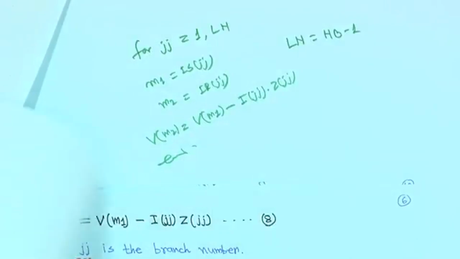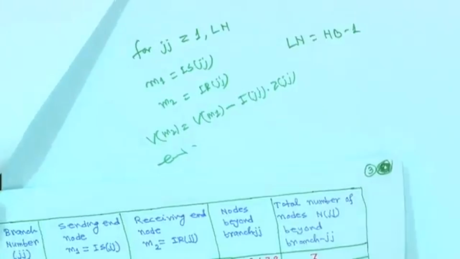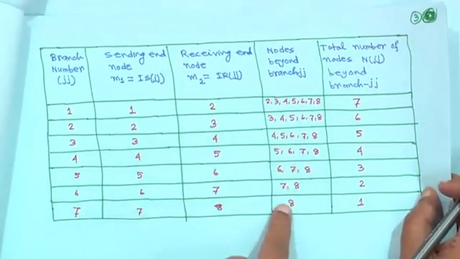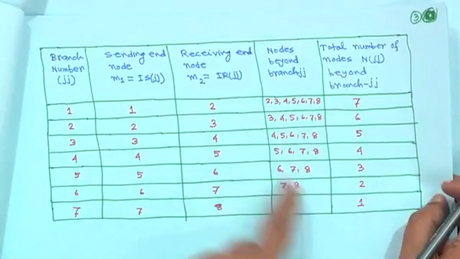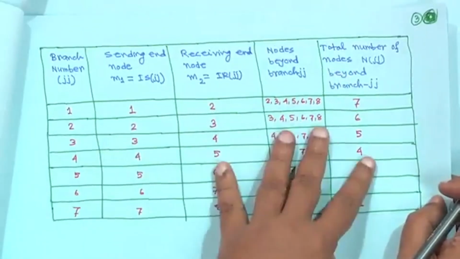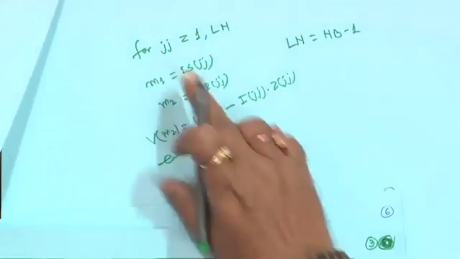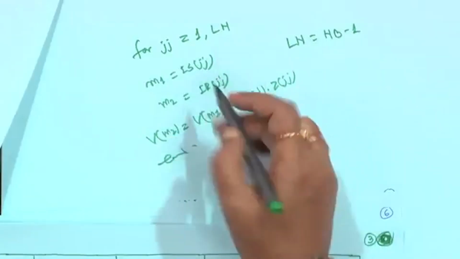Because in this table, all the data are read: branch number, sending end node, receiving end node, nodes beyond branch Jj, and the total number of nodes. This will also be required later, but M1 is ISjj, M2 is IRjj, all these things are read. So when you write code, you write for Jj is equal to 1 to Ln, then put M1